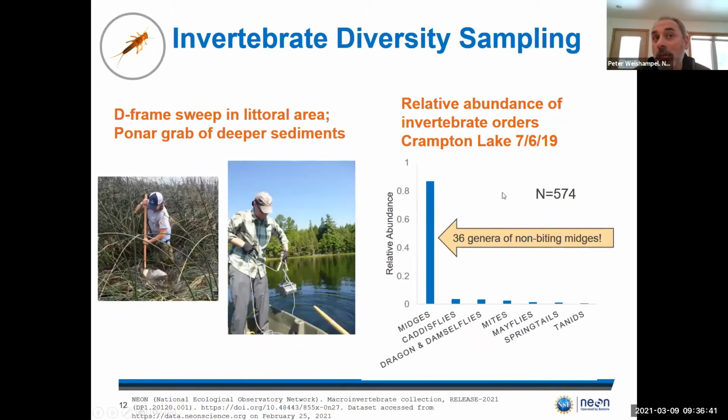Moving down the food chain in our biological inventory, we are collecting invertebrates. We collect invertebrates from our lakes using a couple different methods: a D-frame net sweep in the littoral areas of the lake, as well as ponar grab of sediments in the lake. And on the right here, I'm showing a sample of data. I believe this is from our spring sampling bout in 2019 as well, where